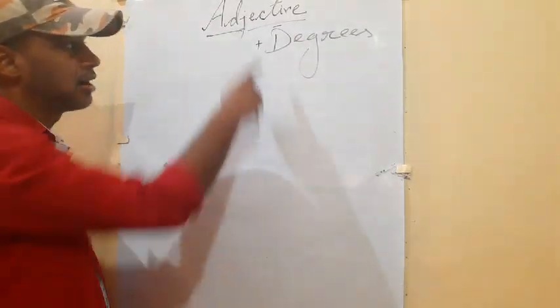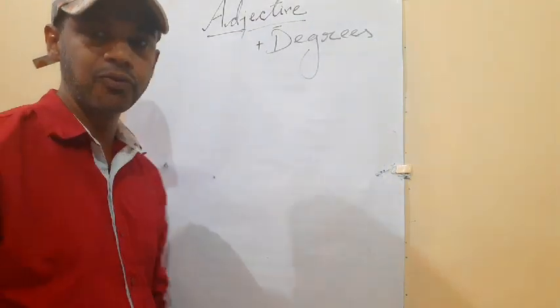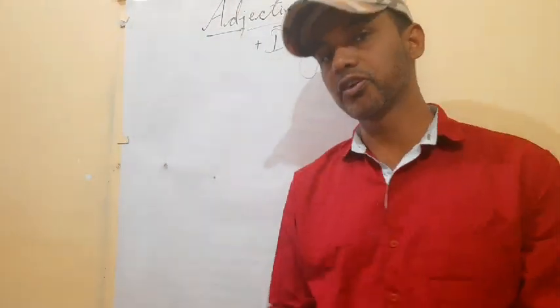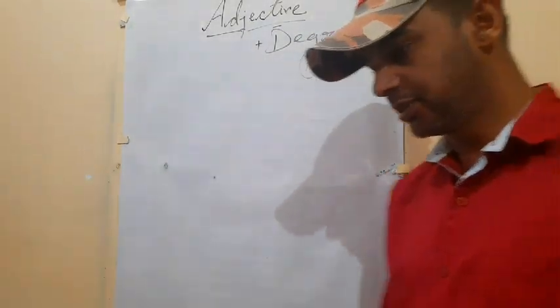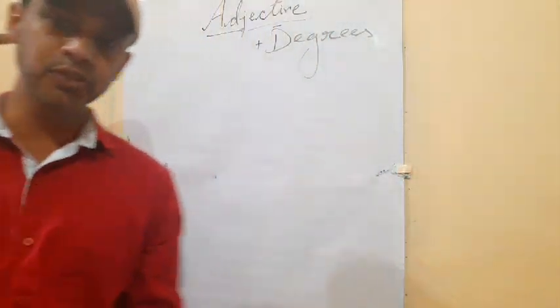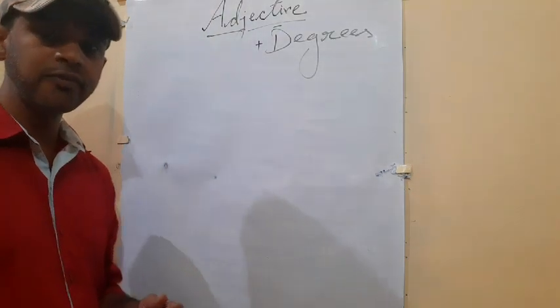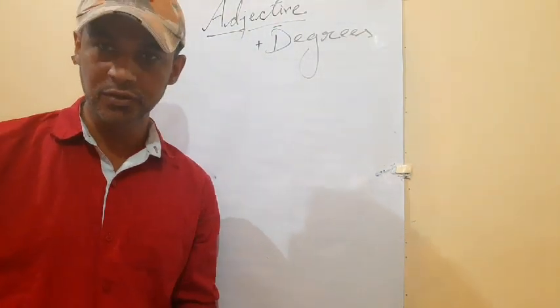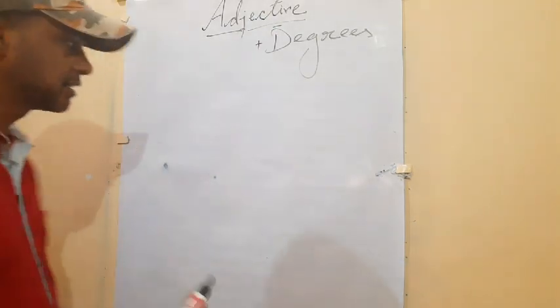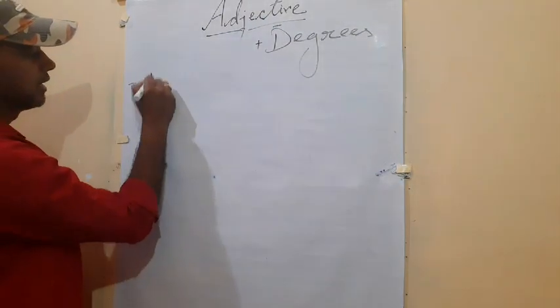So okay students, I have added here adjective degrees. When we talk about the degrees, it's when we are talking about the positive degree, comparative degree and superlative degree. So positive, comparative and superlative degrees. Positive means whenever we just tell a general quality, a general state of a noun, that is known as a positive. Like example, if I say he is a,